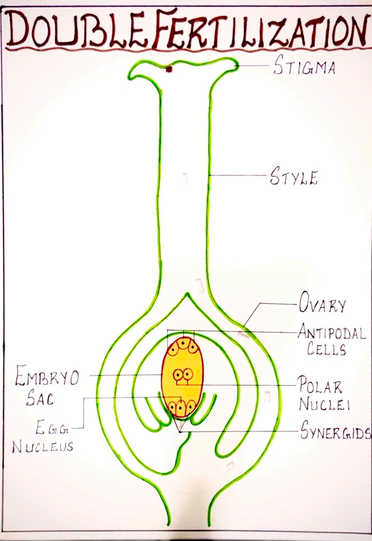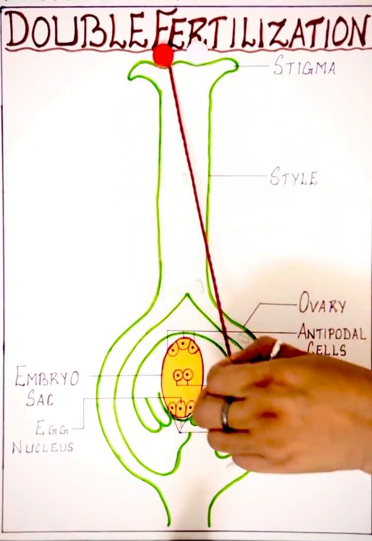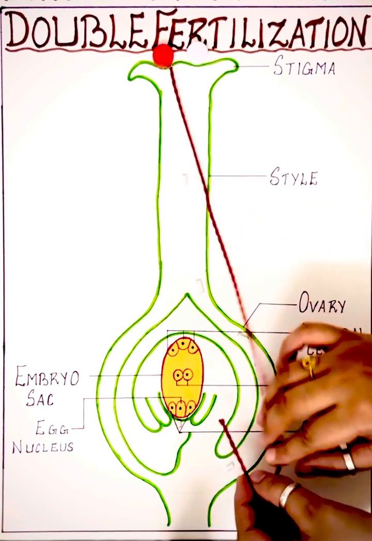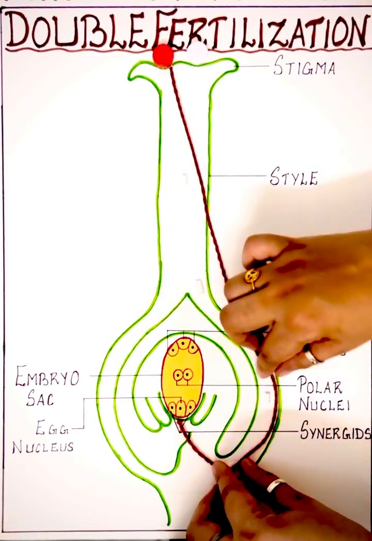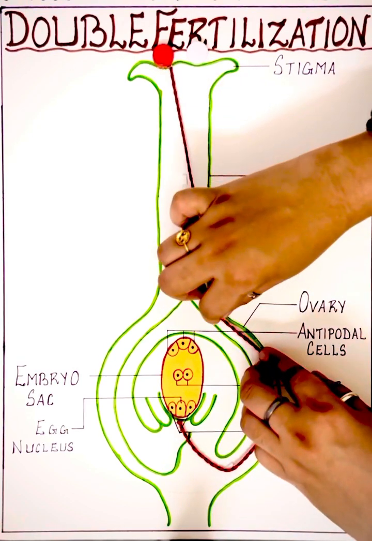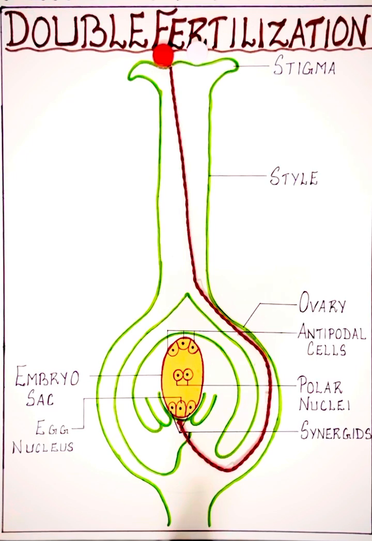In a flowering plant, after reaching the stigma of the female flower, the pollen grain germinates and sends out the pollen tube through the stigma and style and reaches the ovary, as you can see. And the style releases certain enzymes to provide nutrition to the pollen tube while the germination process